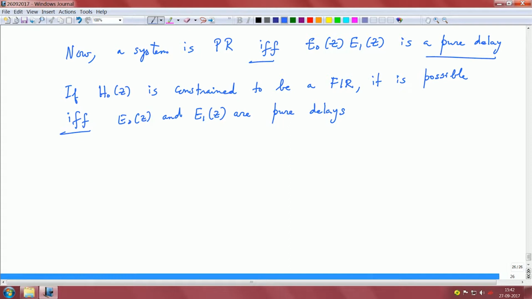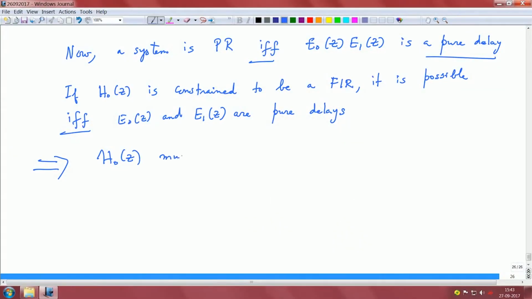So, if I constrain H naught to be FIR, right. If it is not FIR, then I can think that I could cancel out somehow. E naught can have a denominator polynomial, and that denominator polynomial can be somehow factored into one of the factors in E1 of z in the numerator. So, that is the reason why we are forcing it to be FIR. If it is FIR, then the components E naught of z and E1 of z have to be individually delays,